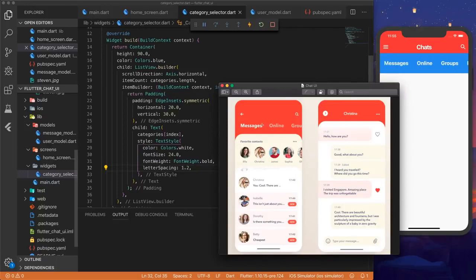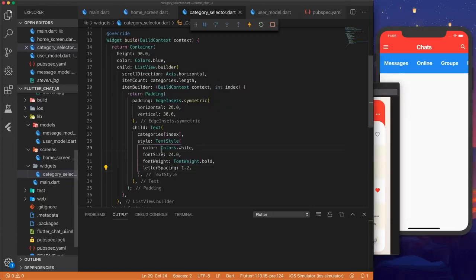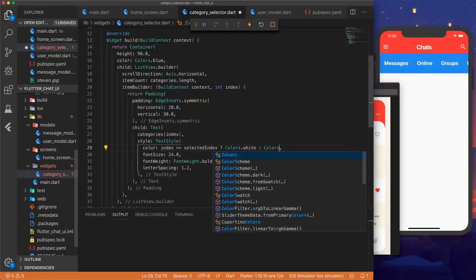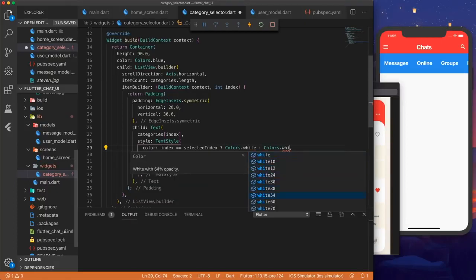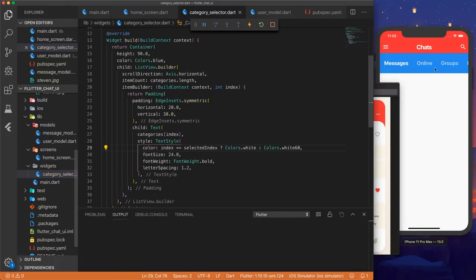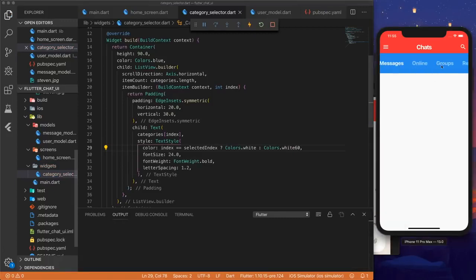And if we look back at the UI photo, we can see that the selected index has a different color than all of our unselected indexes. So if we go to our color property here, we can check if the index, which is being passed in from our item builder, is equal to our selected index. And if it is, then we'll have colors.white. And if not, we'll use colors.white 60. And hit save. And now we can see that the selected index is white, and the other ones are a